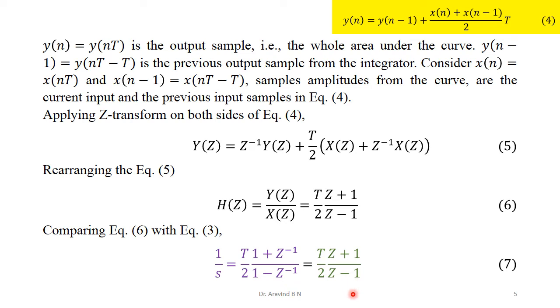As I told you before, you need to remember that you can make this representation either in terms of z inverse or in terms of z. Both of them are the same, and while solving the problem, finally we may substitute this part as a part of the calculation, or directly use the z inverse representation. Both of them yield the correct answer.